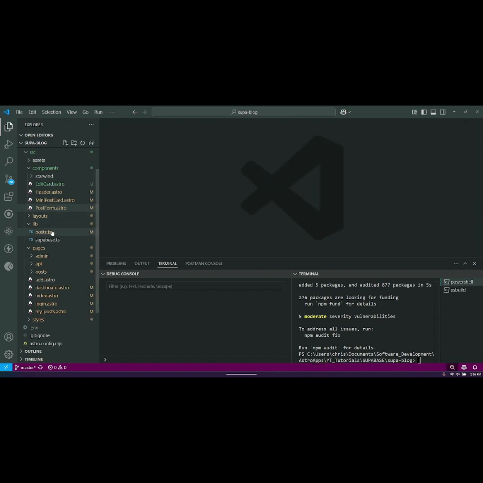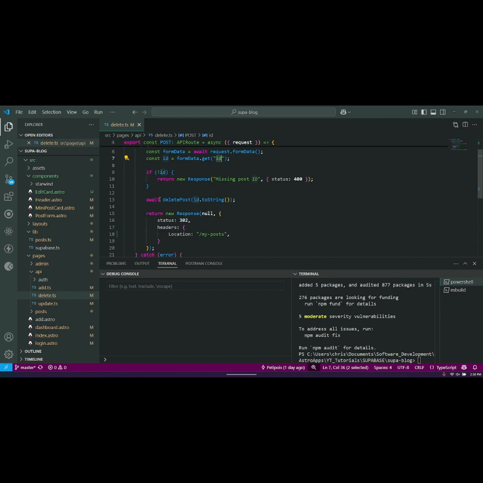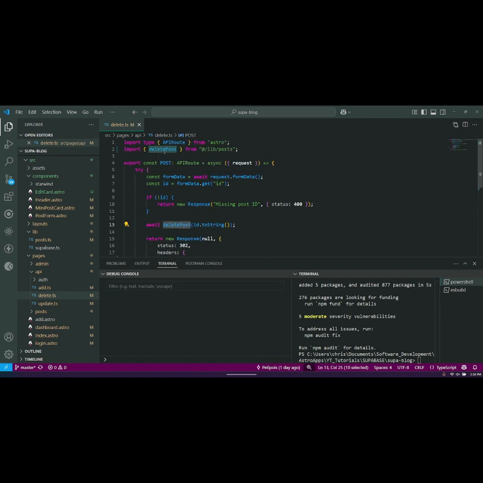Now, if we take a look at the APIs I was saying earlier, so this is the delete. Remember we had the helper functions, so we can actually just put that symbol here. The helper functions, we had add post, delete post, edit post. So this is the delete post, and it takes in an ID, and we get that, and then it will delete the post, which is what we have here,